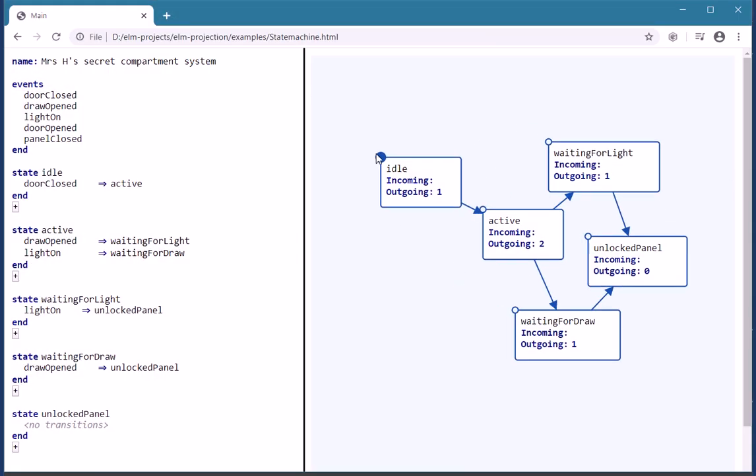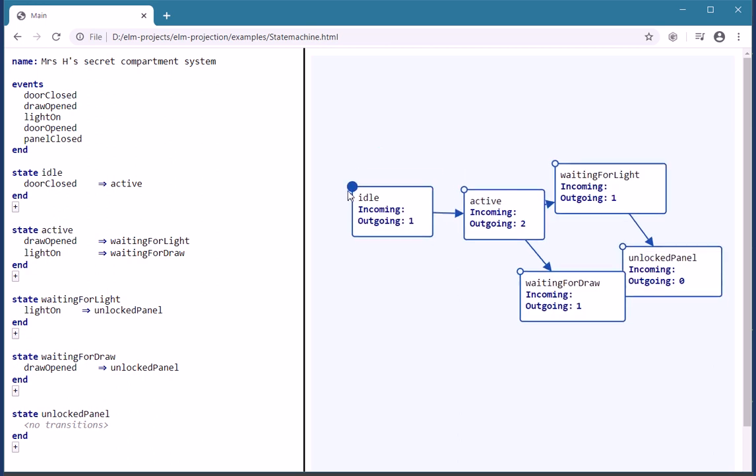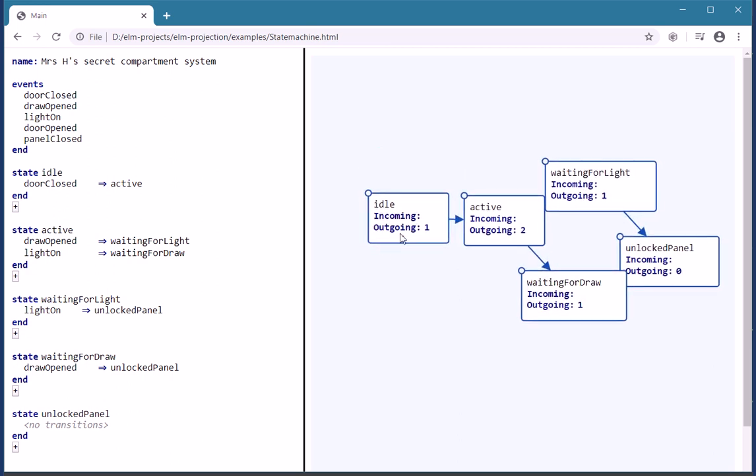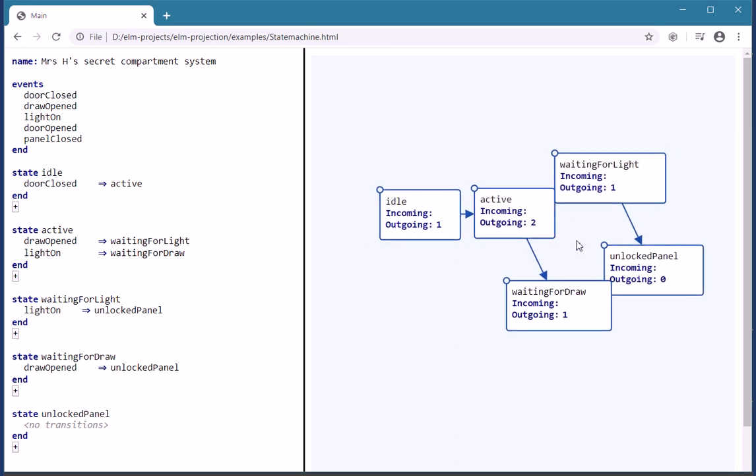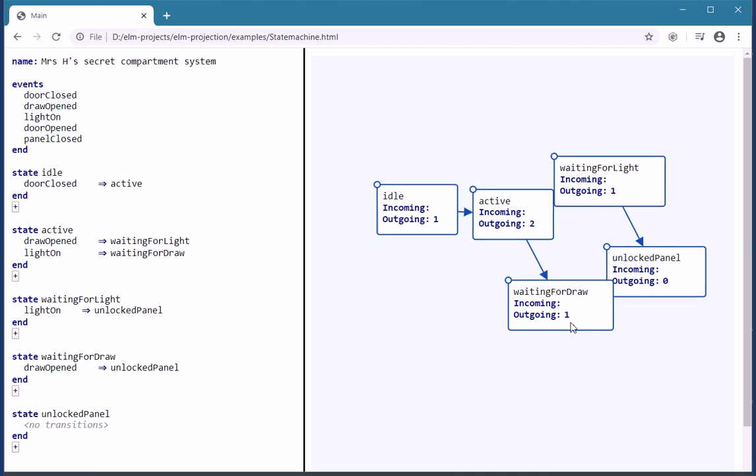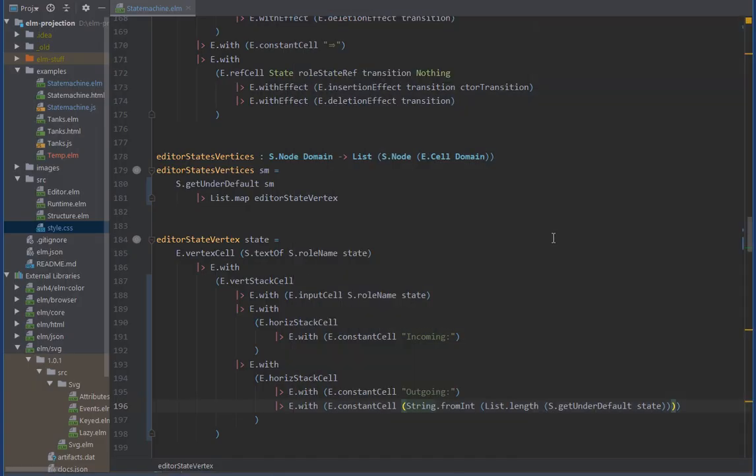Okay, we see a number, and it looks like this number is correct. So idle has one outgoing transition to active, active has two outgoing transitions, and waiting for light, waiting for dry is one outgoing. So it works nicely, but the code is starting to feel a little bit weird with all